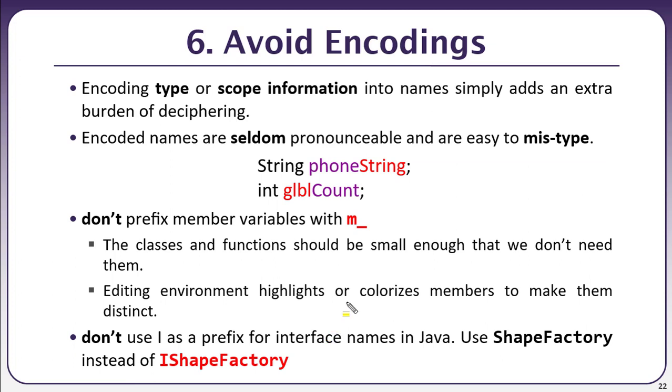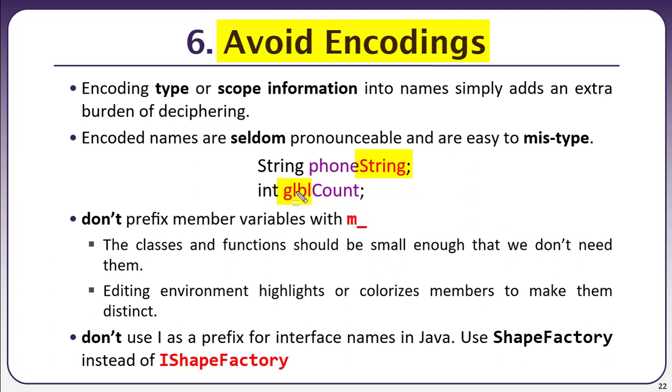Well, the next guideline talks about, in a very similar fashion to what we discussed earlier about noise words. In this guideline we talked about avoiding encodings in our variables. Encoding is basically additional information that we attach to any type of variable. So basically I'm encoding the name of this variable count by using some additional characters or some additional words which